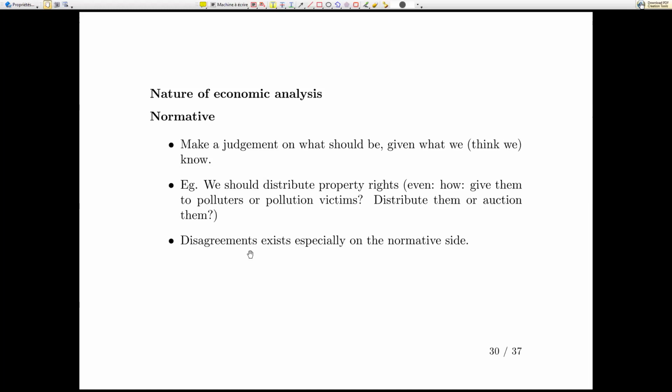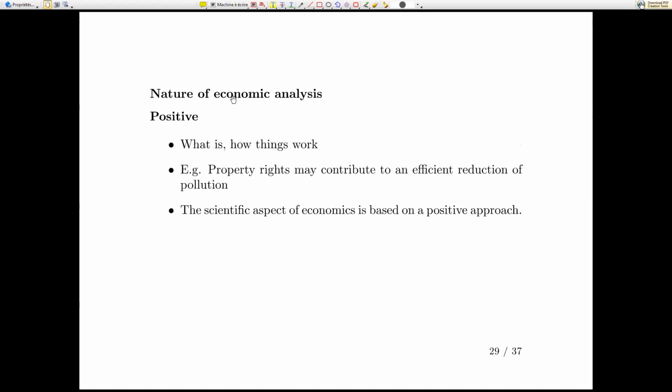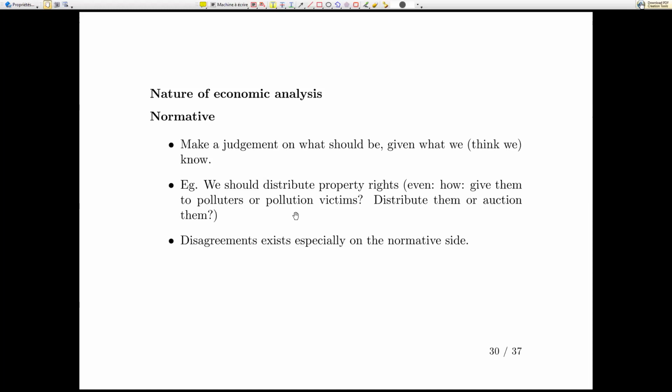And disagreements exist among economists on what we should do mostly. On the positive aspects, economists mostly tend to agree on the basics. But then if you ask them, should I do this or should I not do that? Generally economists will say, yeah, on the one hand, this will happen. On the other hand, that might happen. So I don't know. I don't want to decide. You decide for yourself. We're always uncomfortable saying something for sure. And that opens the floor to debate among economists.